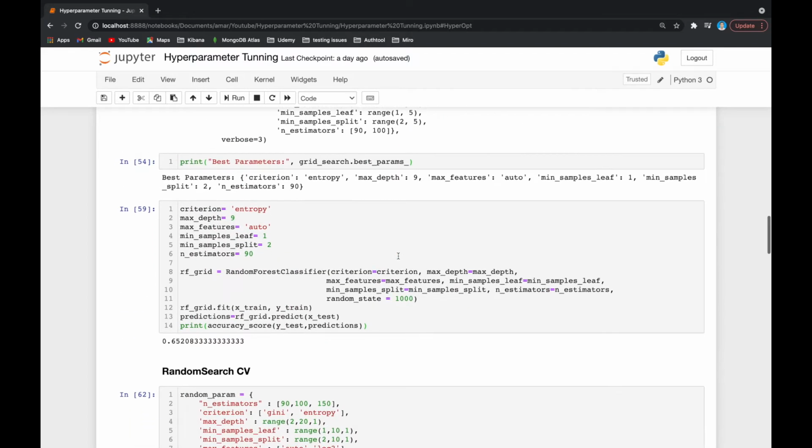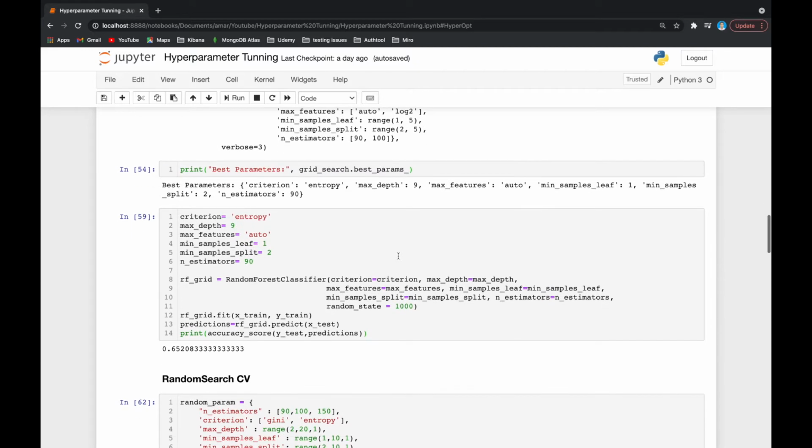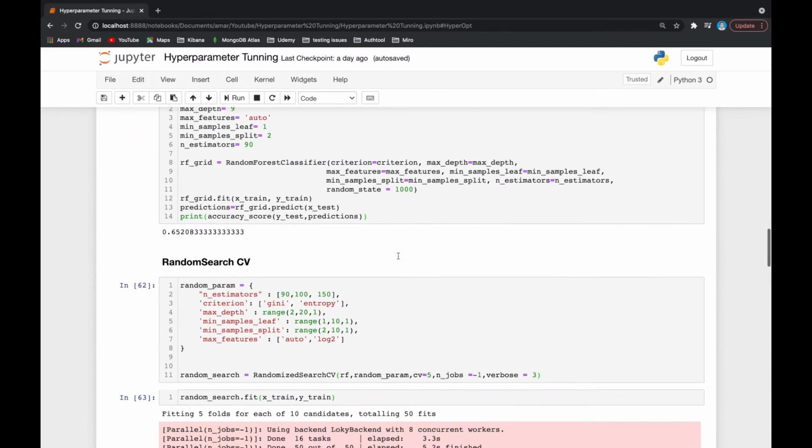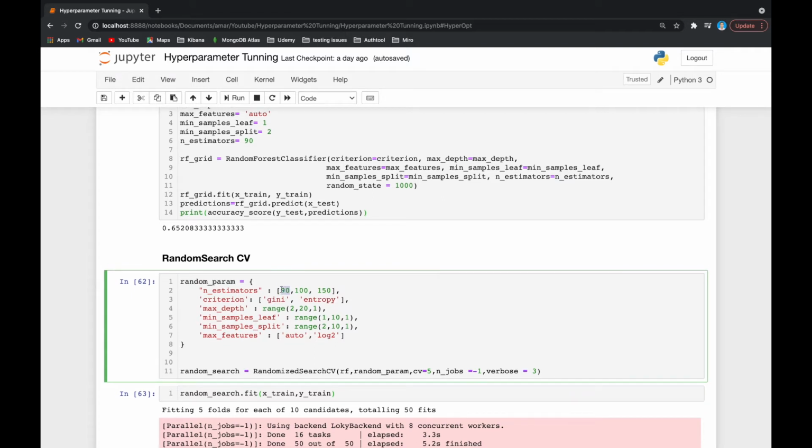So now random search CV. First of all, I want to discuss the difference between grid search CV and random search CV. Both are the same, except in random search CV, it takes values of the parameters randomly. So it will not go in a sequence like in grid search CV, where it was taking entropy, then it will take Gini, then from maximum depth, it will take 2.